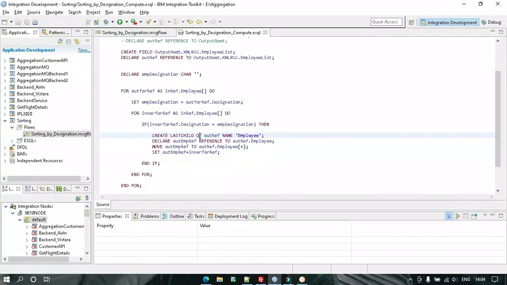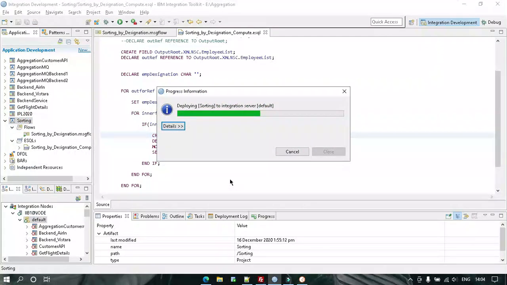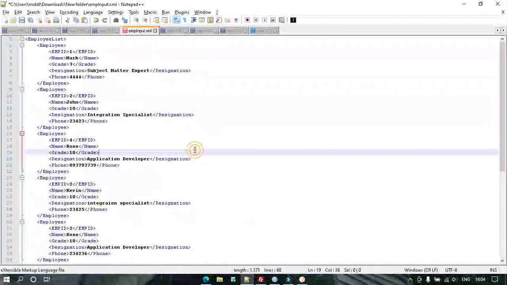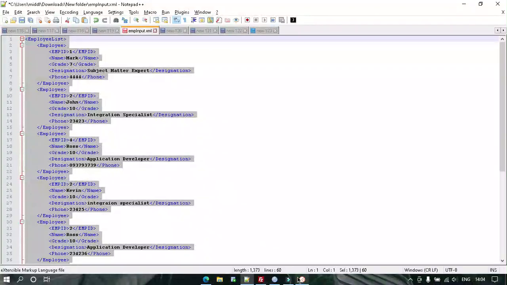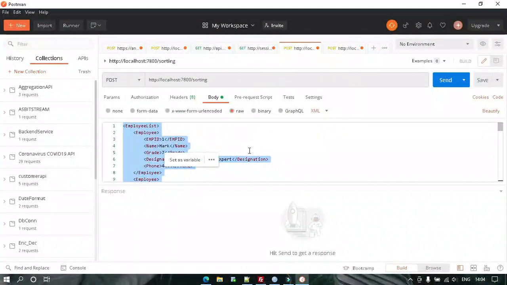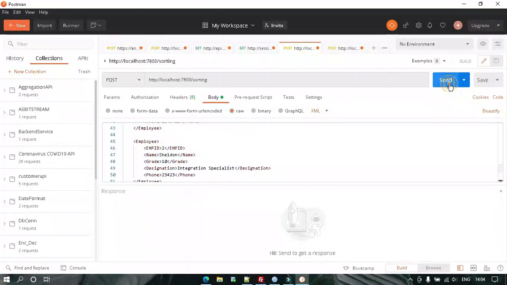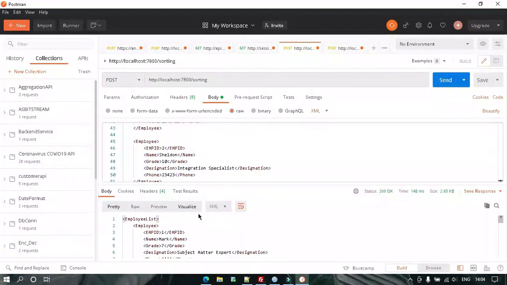So let's try to run this and see what my output is. Let's see if this is correct, or if it is not behaving correctly, then we'll see. So I'm copying this, paste, send. Okay, some output is there.